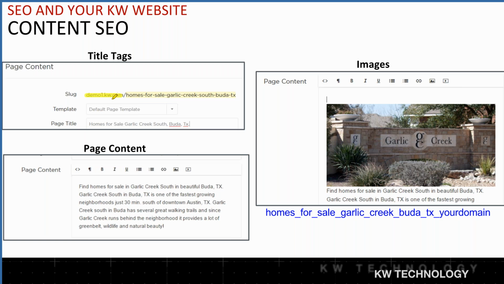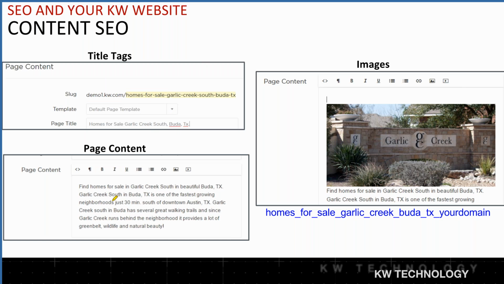This is a subdomain. That means that it's ending with .kw.com. That is very, very powerful for you all. However, as Keller Williams wants, we want you to reflect your brand. So when you come up with a custom domain name and you redirect it through CNAME redirect, this actually will then be your custom domain name with this tag at the end, and that is going to be extremely powerful for that particular page because it has all of those elements included in it.